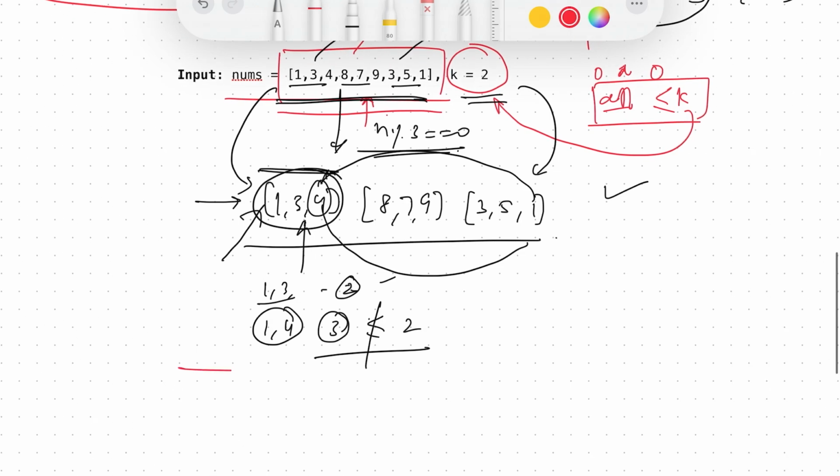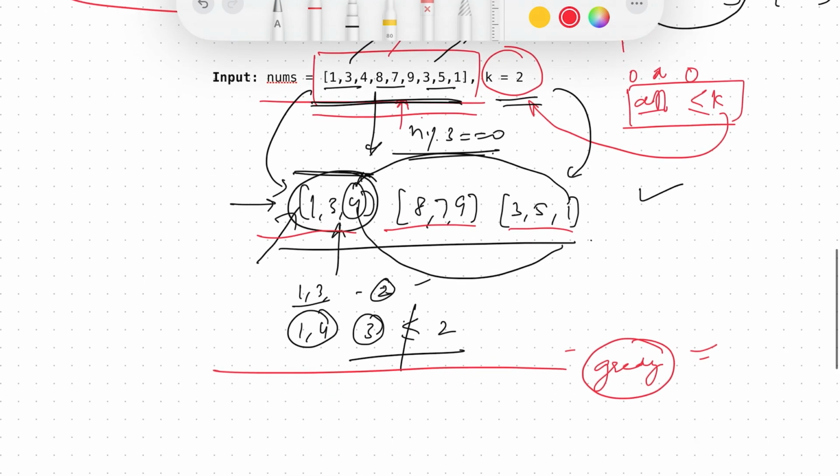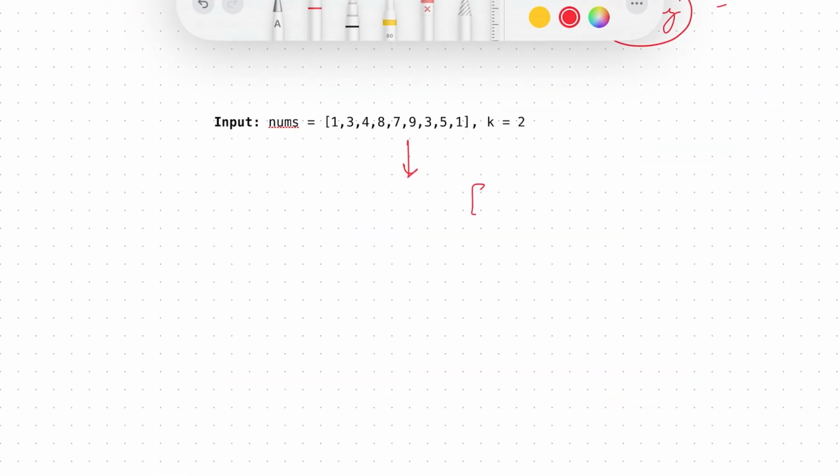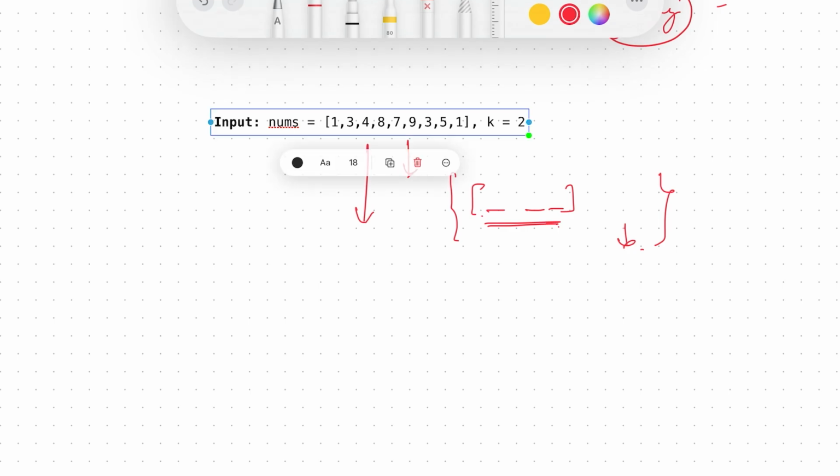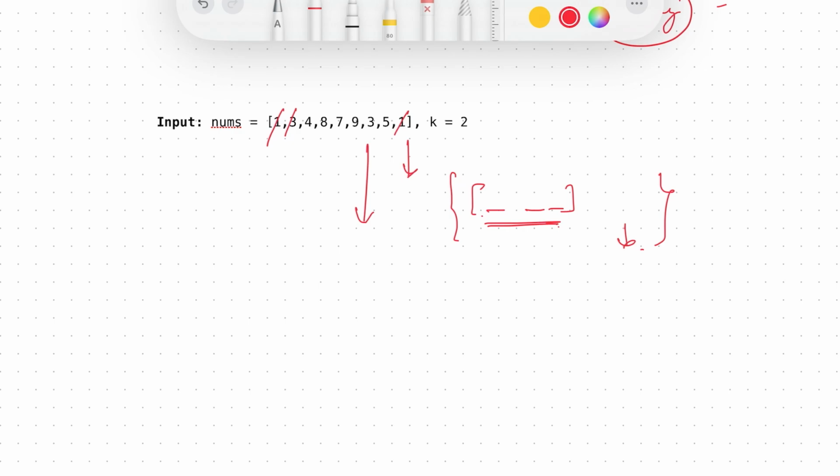So we have to think in terms of greedy, to make every array valid. How do we do that? We have to make these elements have differences as small as possible. For that we will sort these elements, because if we sort the elements, the difference between consecutive elements is the least. So if I sort this array, it will be 1 1 3 3 and 4 5